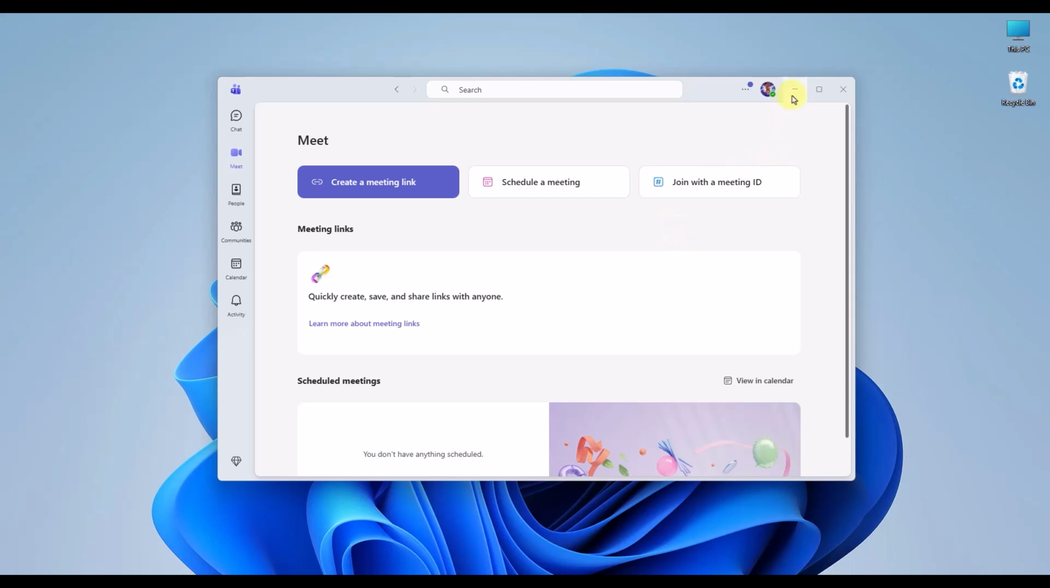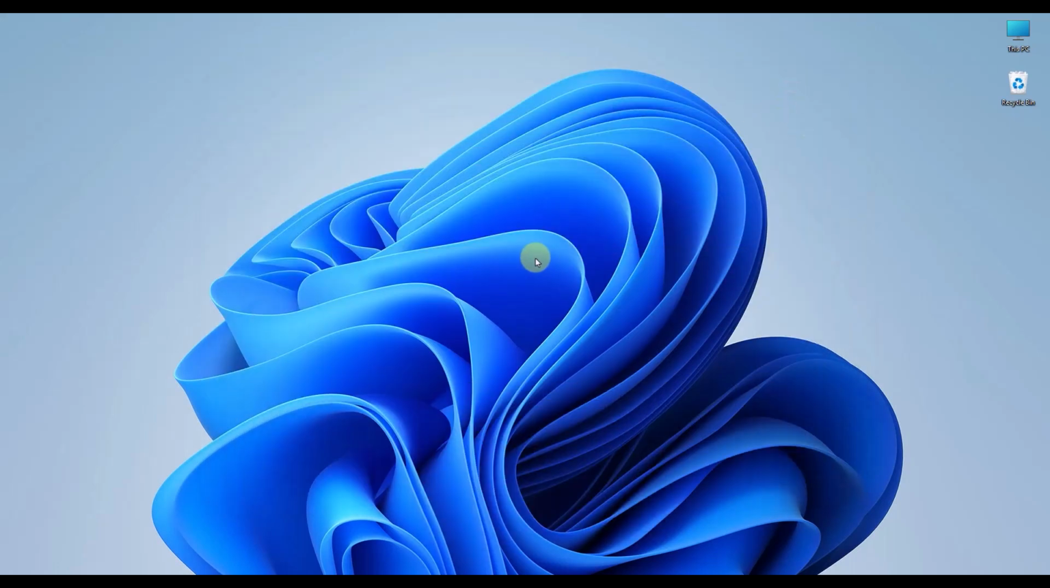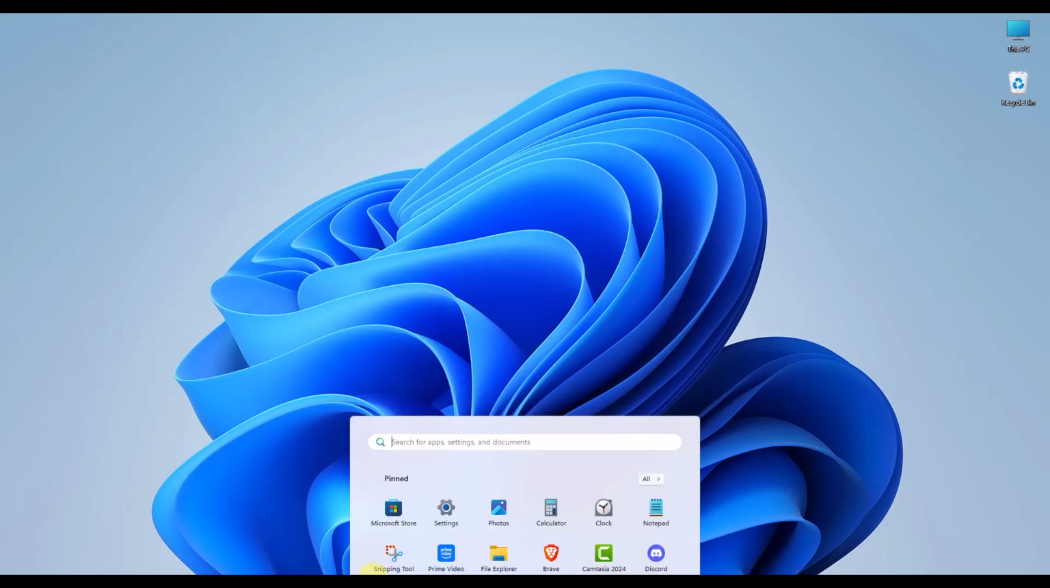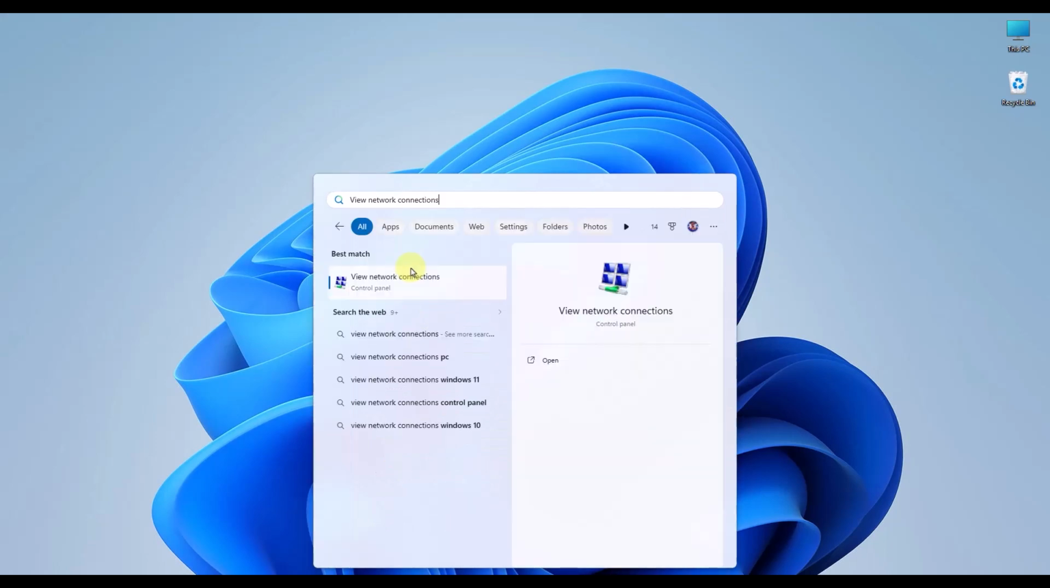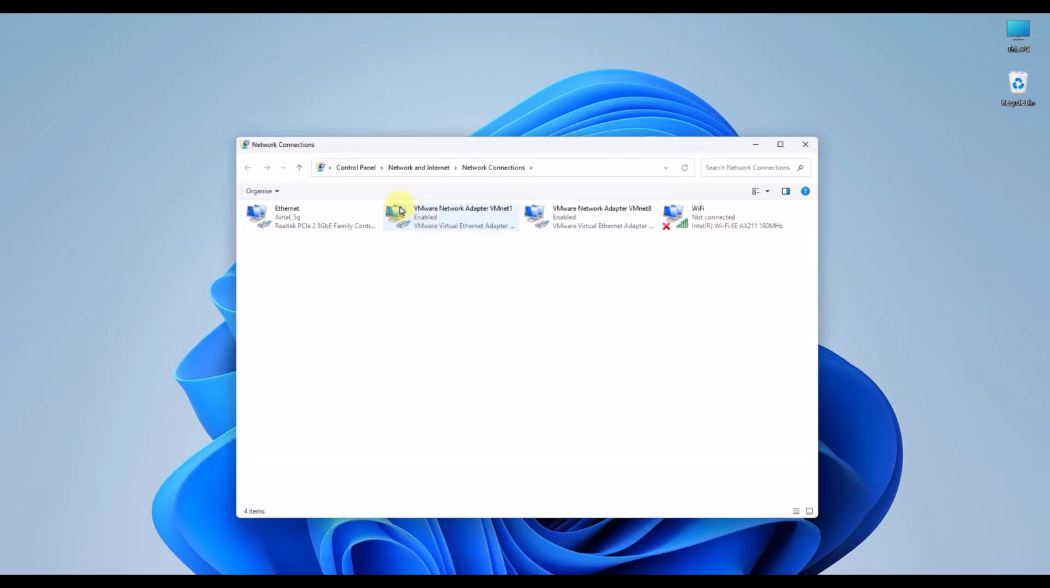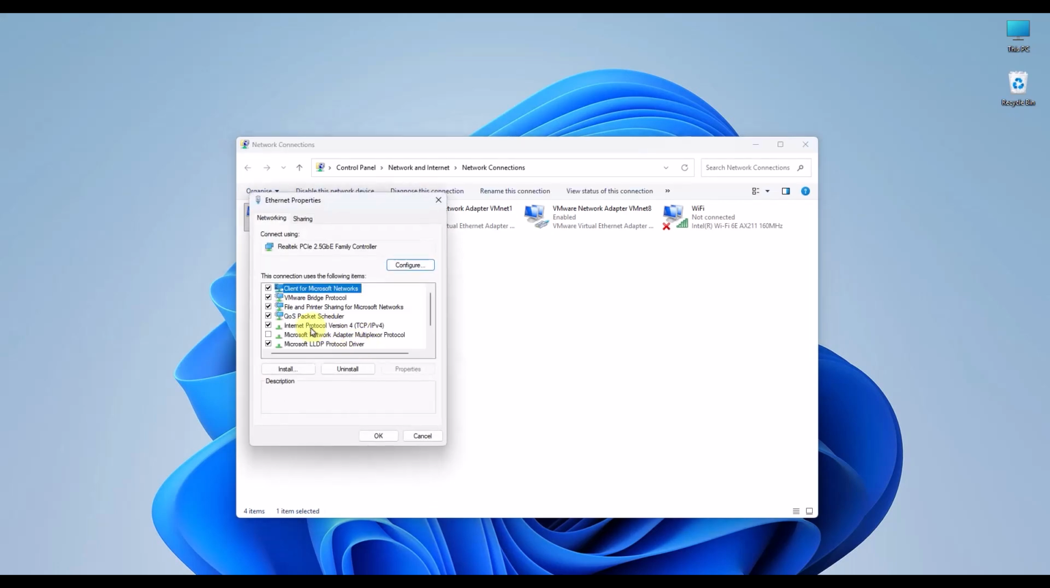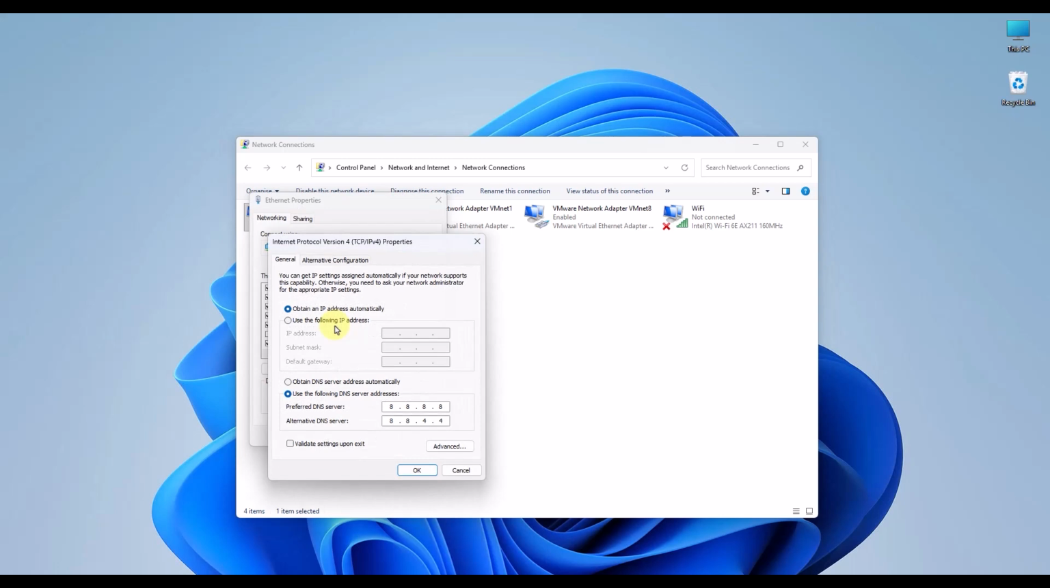Let's get started. First, this error often triggers because your local internet provider cannot translate the web address for Microsoft's authentication servers. Press your Windows key, type View Network Connections, and open the control panel. Right-click on your active Wi-Fi or Ethernet connection and select Properties. Double-click on Internet Protocol version 4, select Use the following DNS server addresses, and type